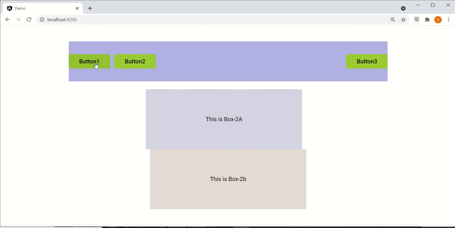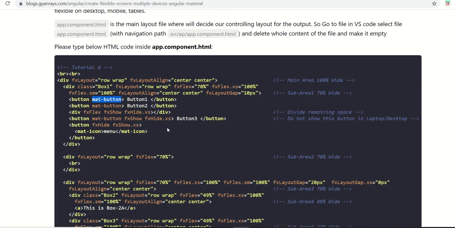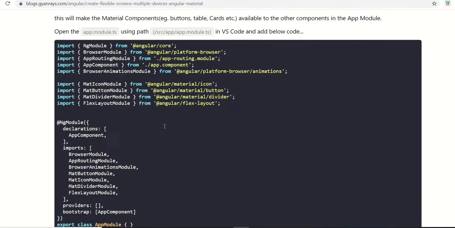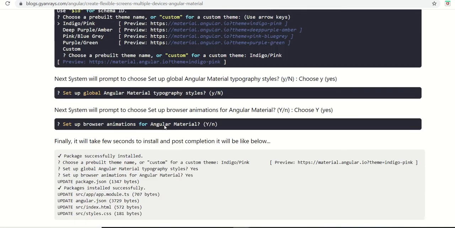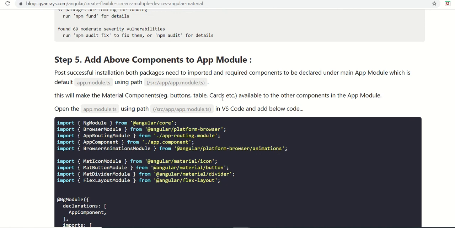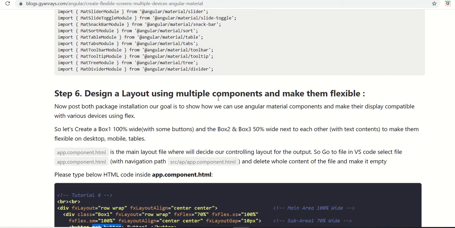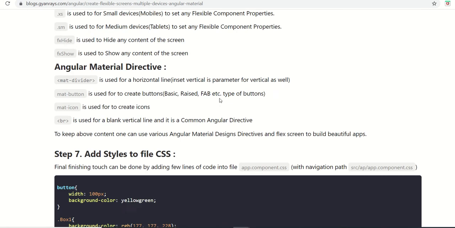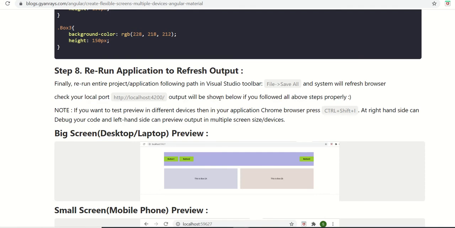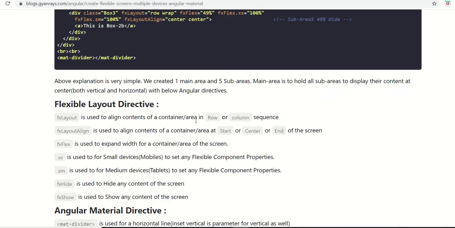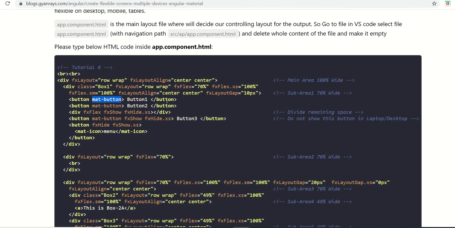You see, when I click it, it gives some fancy, eye-catching blurring effect when I click a button. There are multiple types of buttons provided by Angular. You can explore them. I'm sure I have added it in my tutorial somewhere. If not, I need to add it. All right, I will update this tutorial and add the link of Angular Material where you can see all the